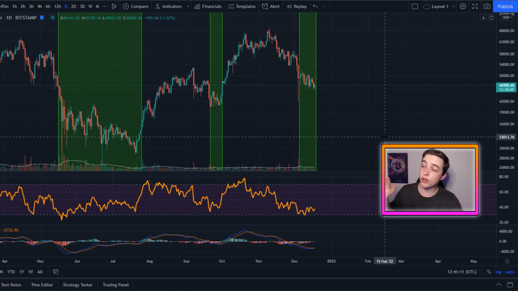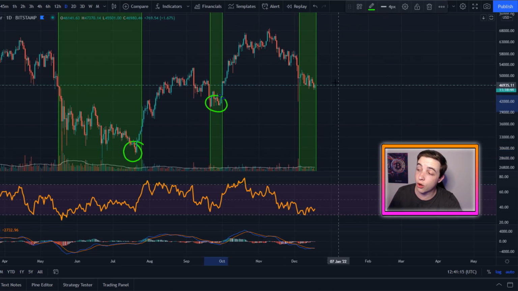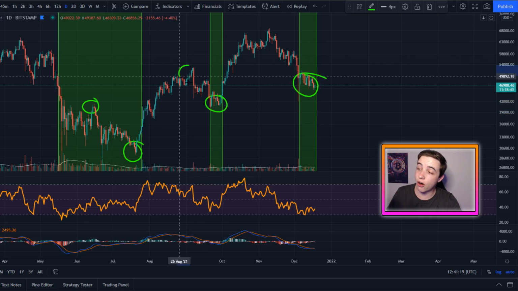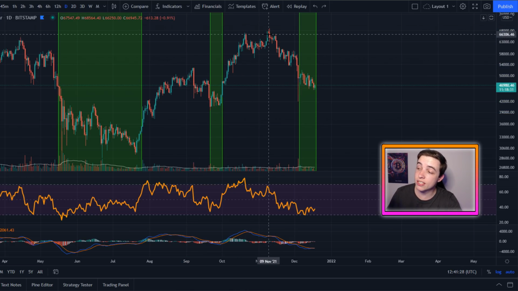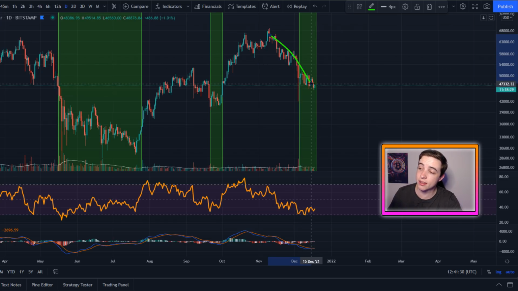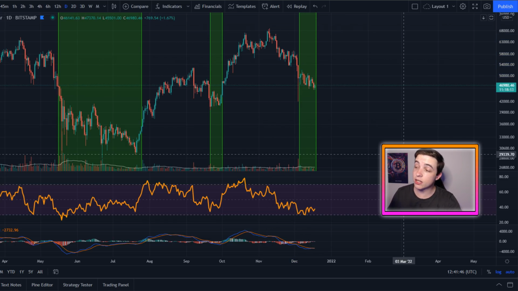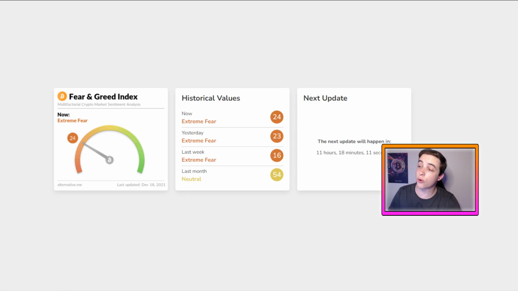But with that being said, looking at the daily time frame, you can clearly see that we are still making higher lows on the daily chart and also higher highs on the daily chart. So with that being said, we are clearly in a daily uptrend. Despite having all of the recent bearish price action over the past 1 month, this is technically only a shorter-term downtrend. And combine that with the fact that we are sitting in extreme fear according to the Bitcoin Fear and Greed Index,